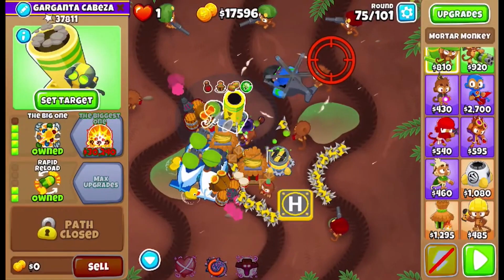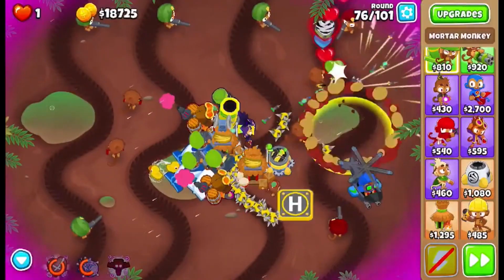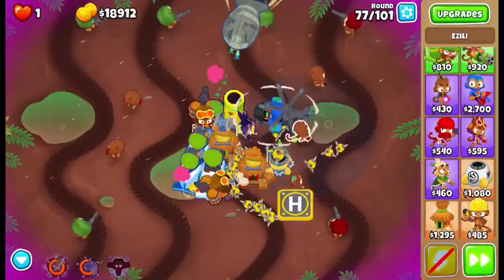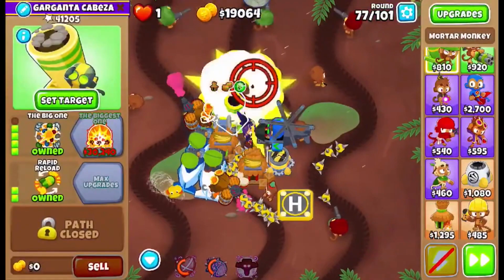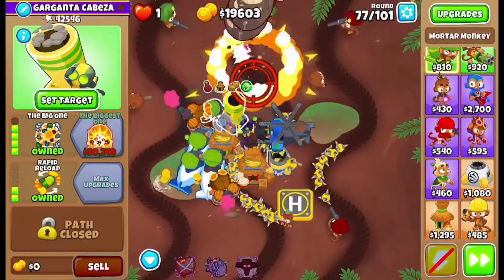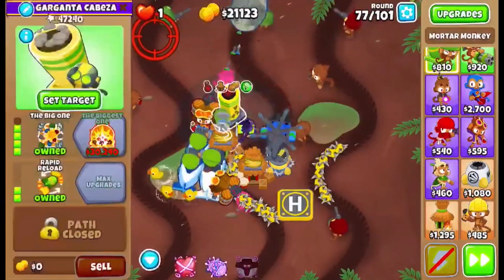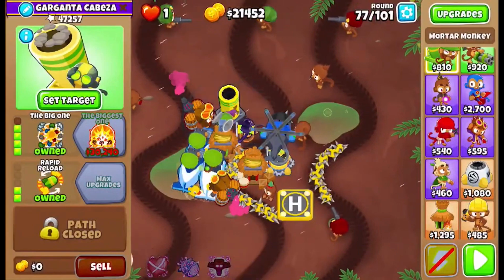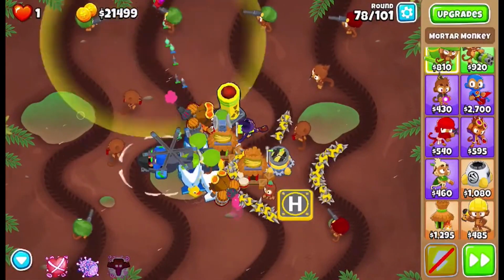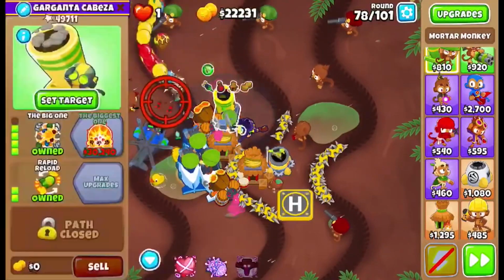Round 76 will be easier if you do this little trick where before round 75 ends, turn fast forward off, so that when you start 76, fast forward won't be on. I unfortunately did not do that, so it kind of all came at once, and it's a bit harder to micro the mortar with it. But basically use the heart stopper immediately, and then the big one will be able to get all the ceramics